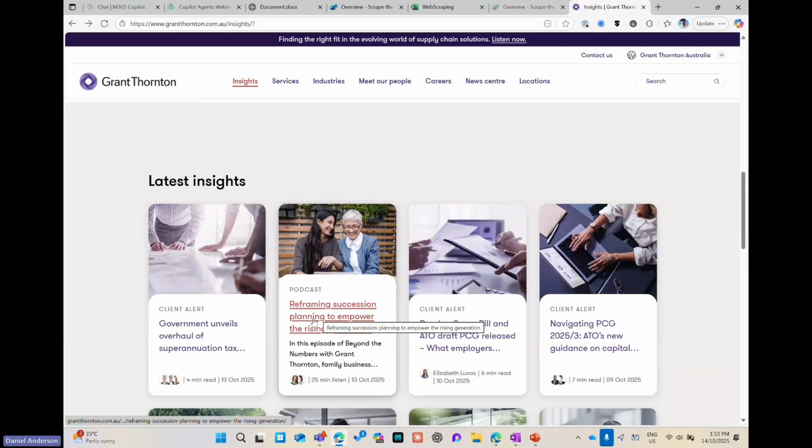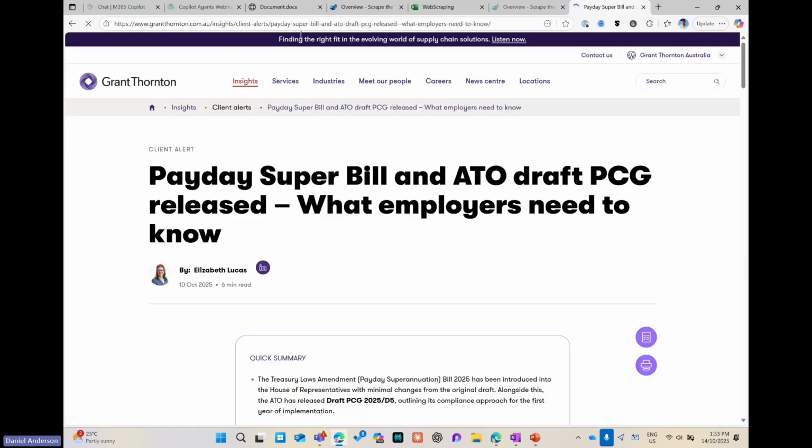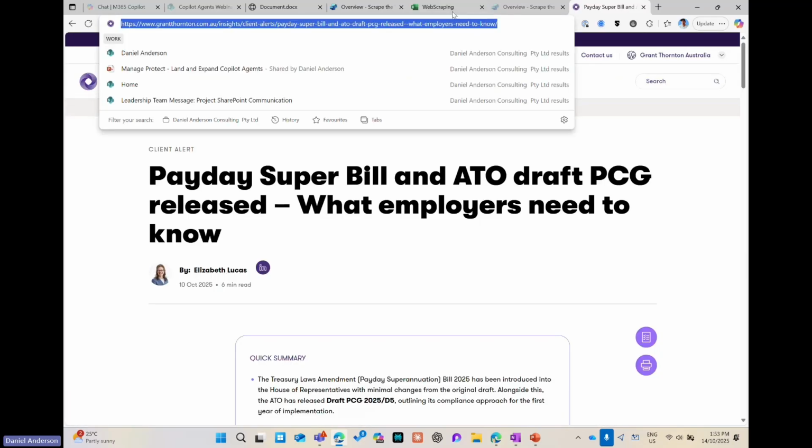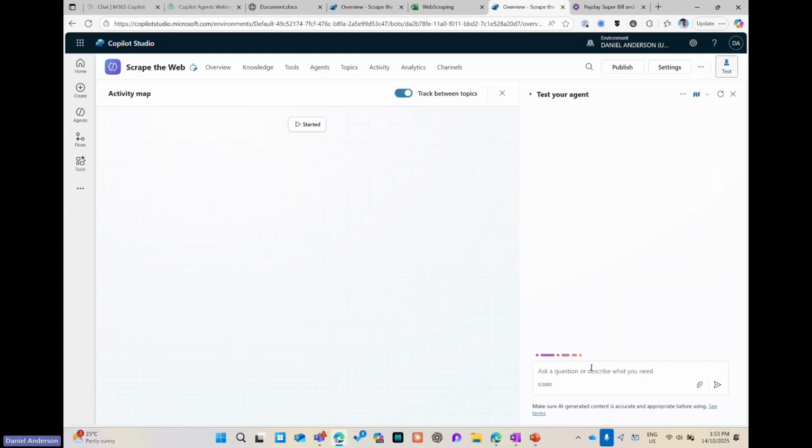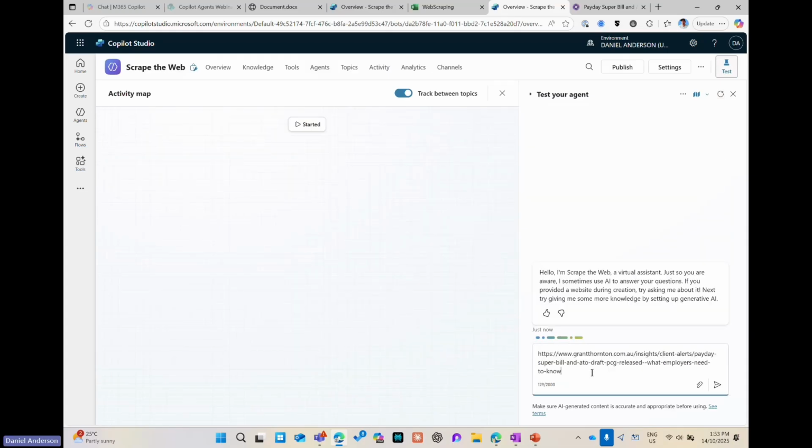Let's grab another one, right? So let's grab this client alert. So I'm going to grab another URL. I'm going to copy this. All I'm going to do, again, is refresh my test, and I'm going to paste that URL in, and